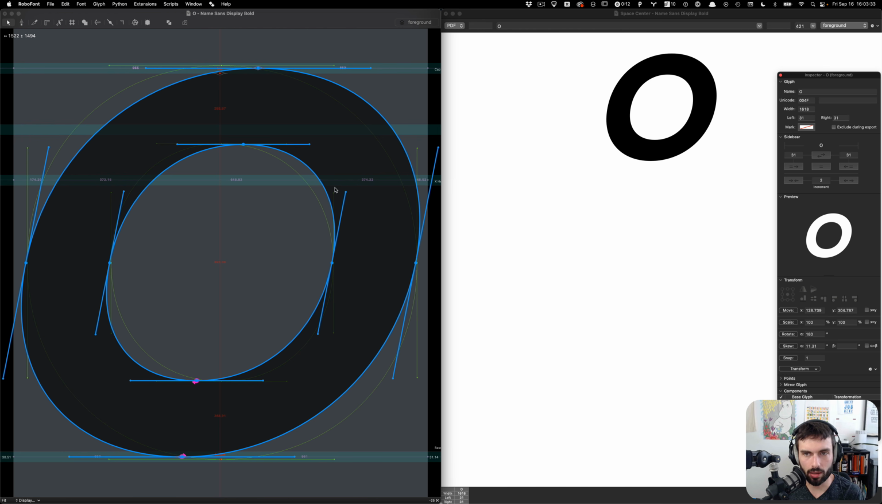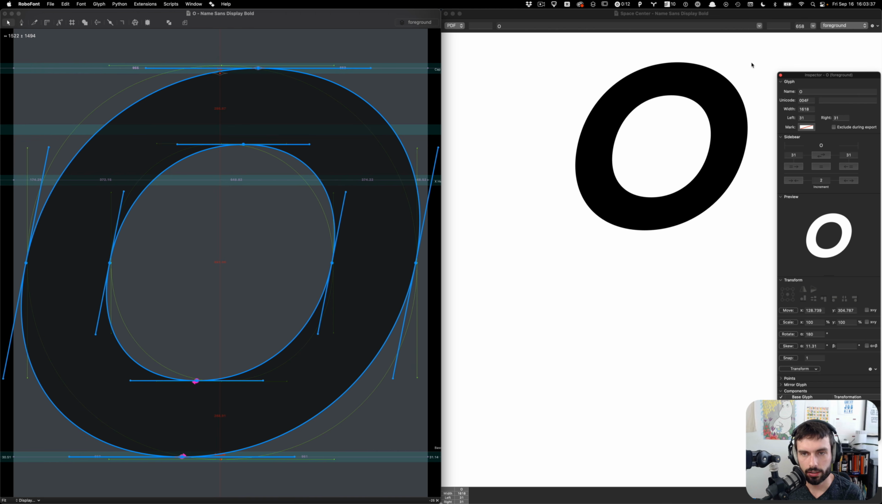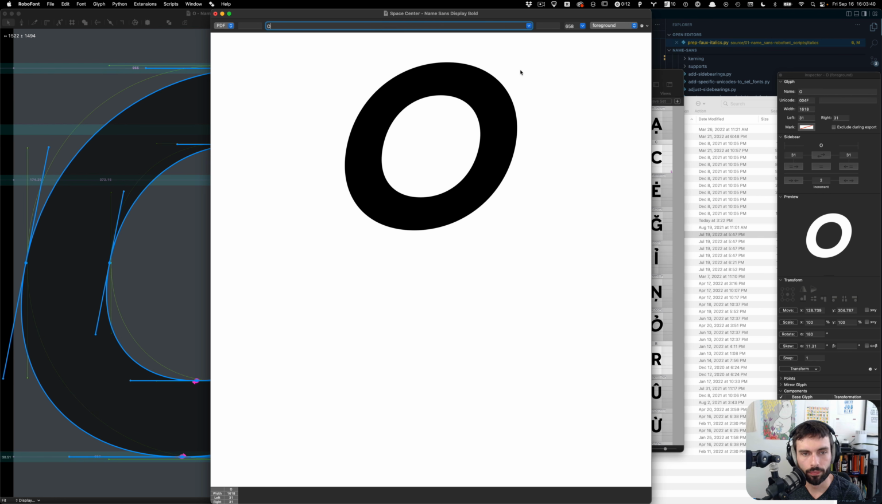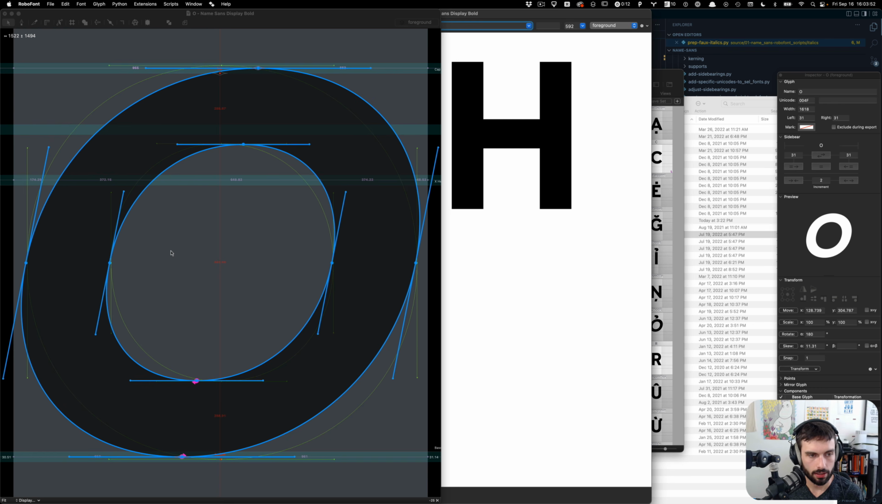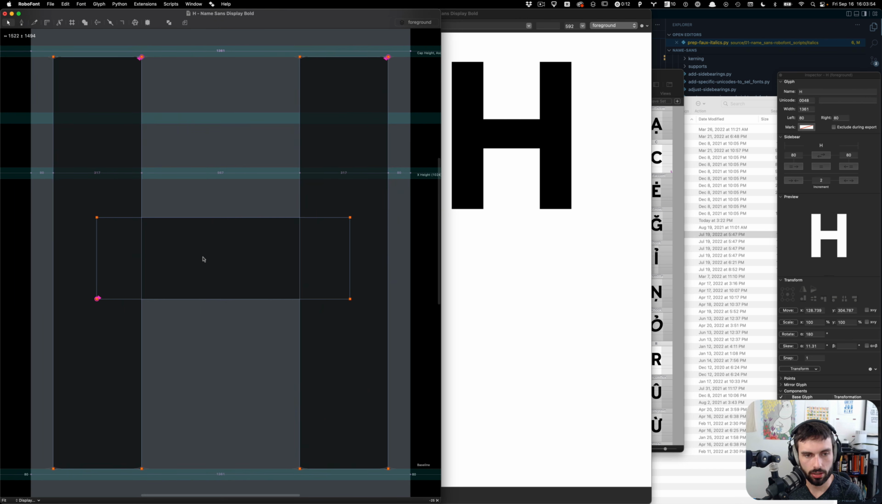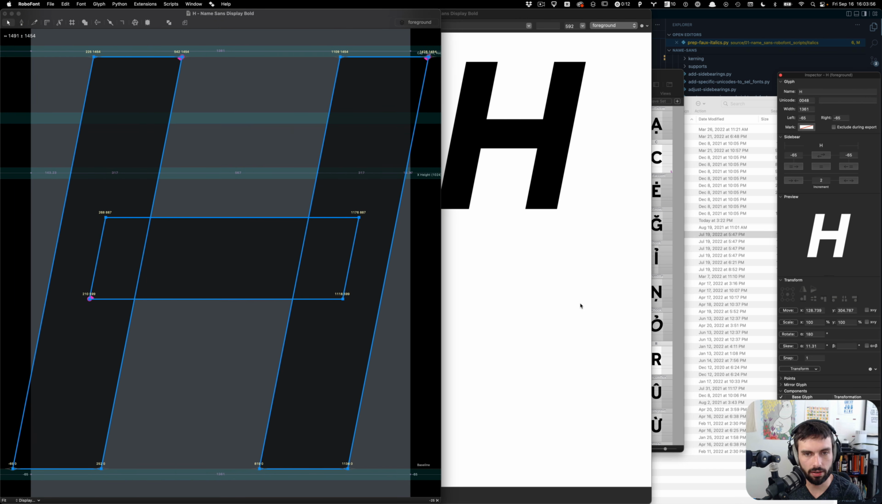If I just straight up skew it, it's going to look like that. And you can see here, it's really pretty bad. The lines get thicker here and thinner here. It's quite pointy here and too flat here. So if I check out the H and do the same thing to give some